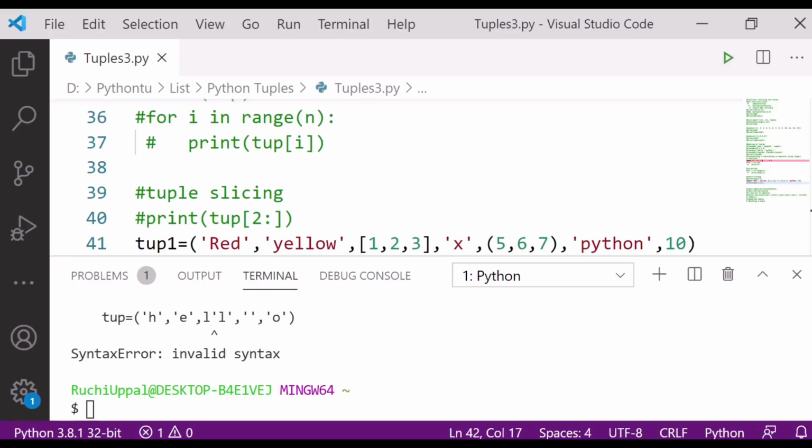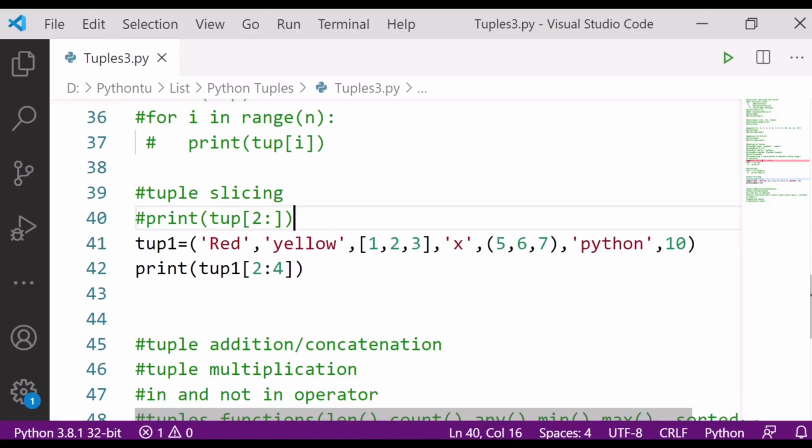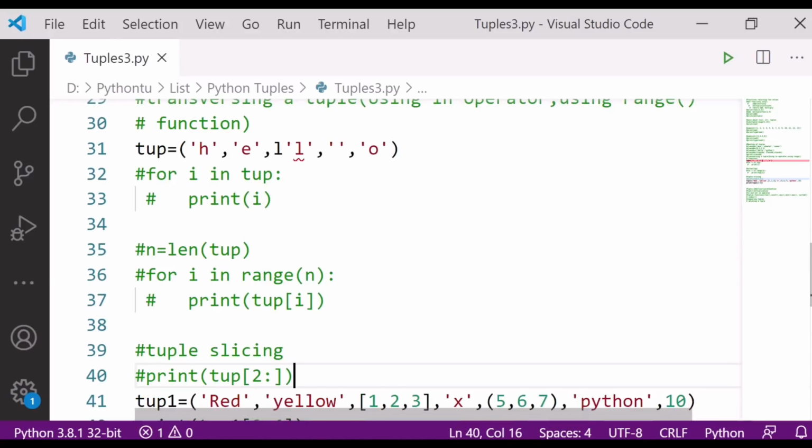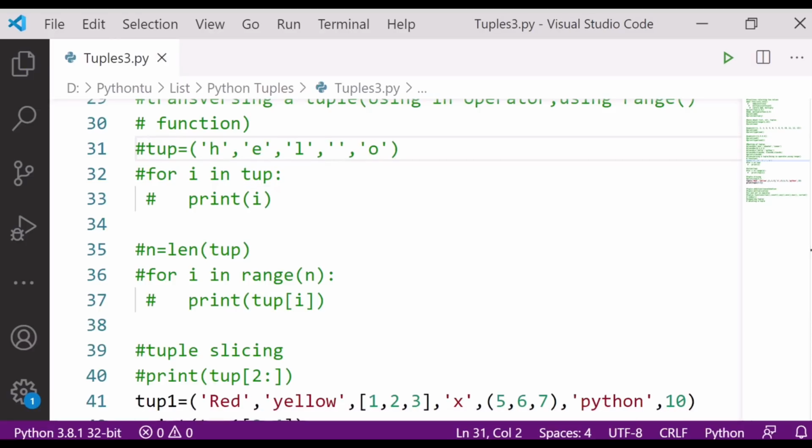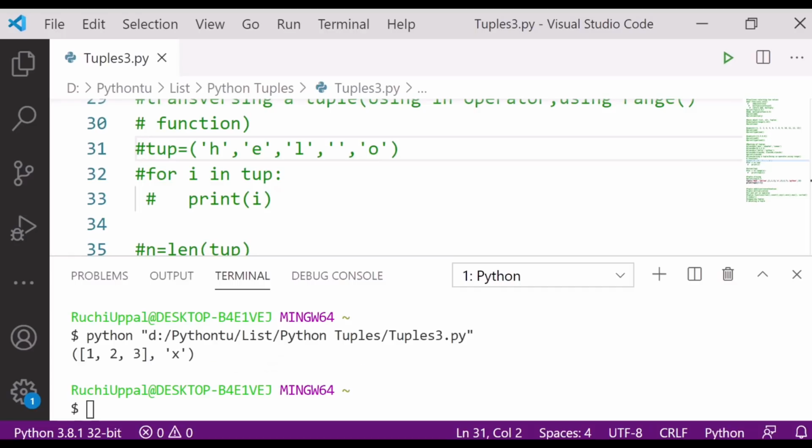Okay, great. It is saying invalid syntax. Where is the invalid syntax? I think I have written something wrong here. Okay, you can see here the values.